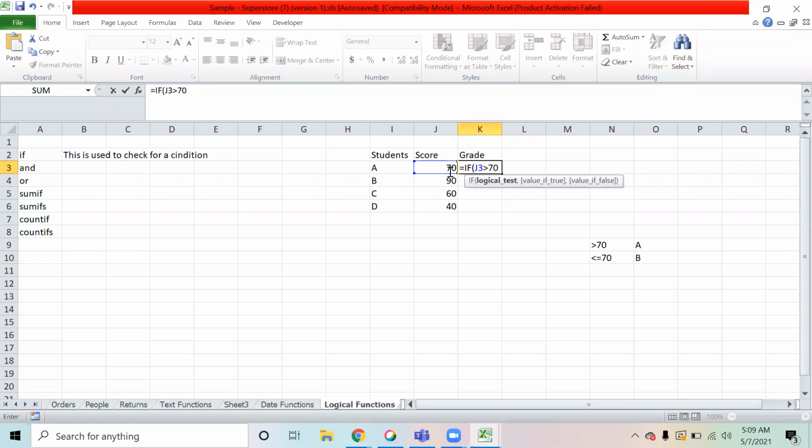If the condition is true, I want to give him grade A. Otherwise, if the condition fails, that means the score is not more than 70, so it will be less than or equal to 70, and in that case he should get grade B.